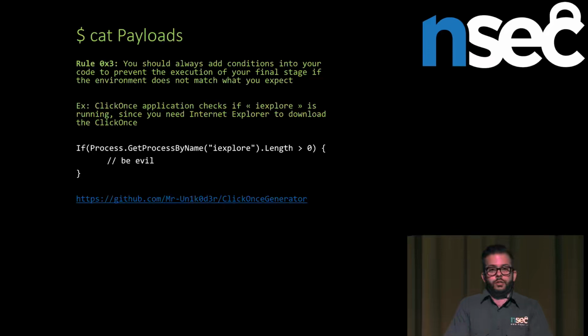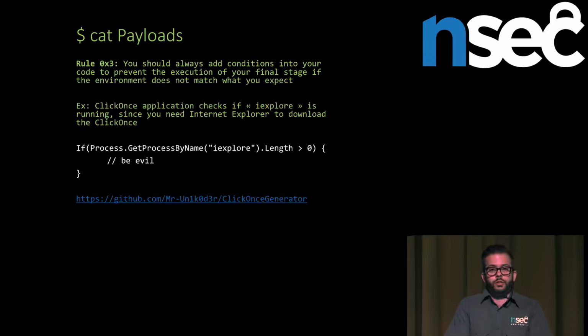Choose the right payload. For example, if you look at Office 2016, by default, the macros are disabled. So you can try as hard as you want, the client is not going to be able to actually run it. So try to avoid macros if you know for a fact that your client is using Office 2016. HTA, it's super powerful, but it's also highly detected because it's extremely trendy. A lot of people talk about it, and it's fairly cool.